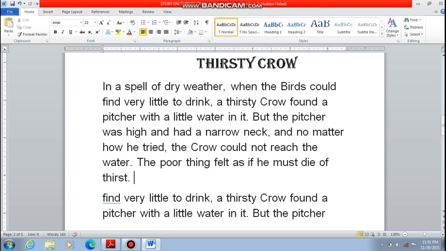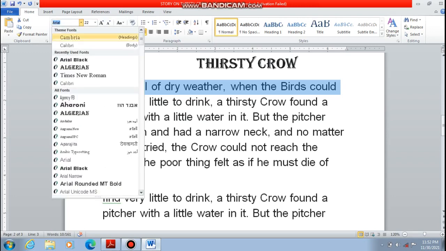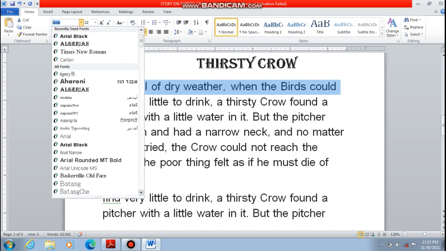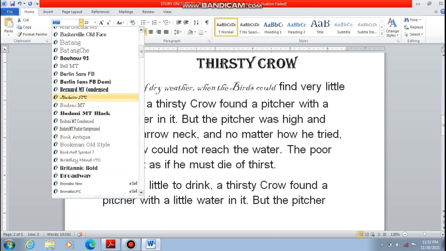Suppose you want to format the first sentence. So first of all select it, and I hope everybody is aware of how you can select. So I have selected the first sentence, then go to Home. The first is changing the font style. You can change the font style. There are several font styles available over here, so you can select any one. Whichever font style you select, the selected words will be written in that manner only.